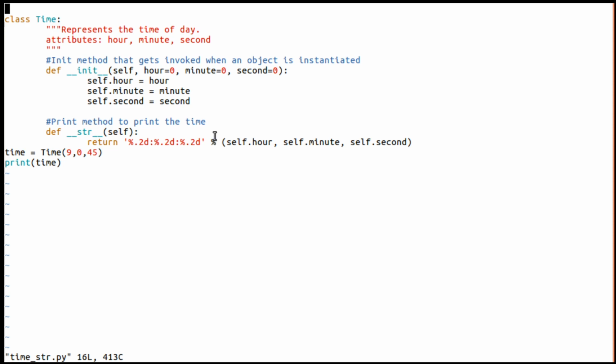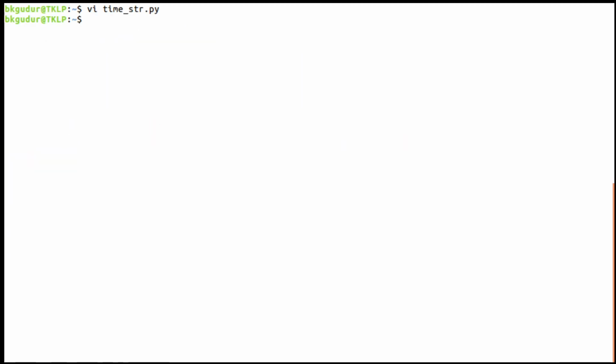This is what it is going to return, this string. This particular statement is similar to a print function. There we were printing it, but here we are returning this particular string. If I just call the time object, obviously now it should print 0 0 0.